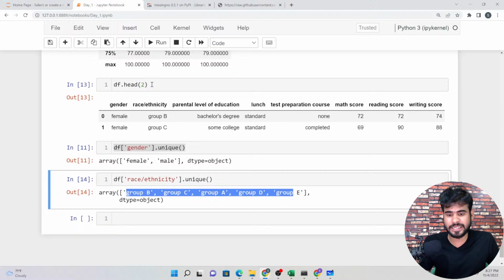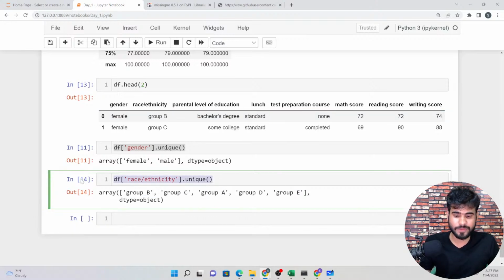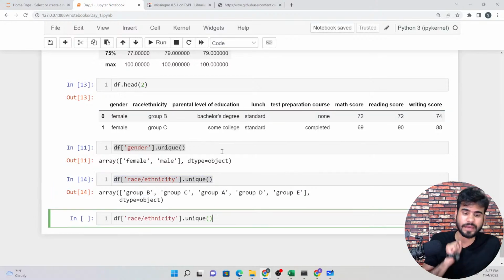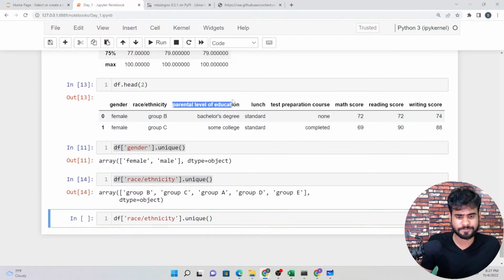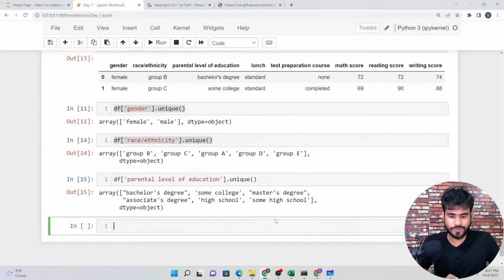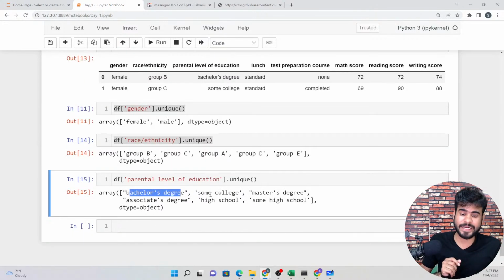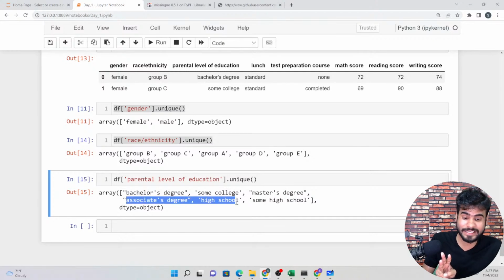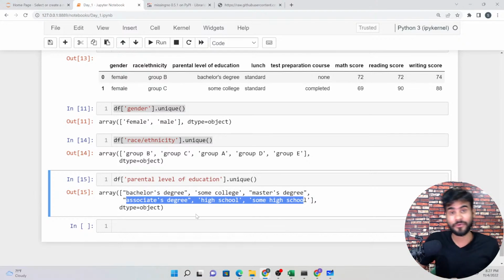Now let me check the parent level of education, because as I told you we have 3 things, but let me check it here. So for unique, we have, as you can see, bachelor's degree, some college, master's. I told you 3 things only, but in our actual data set we have a total of 6 unique values. Why did I tell you in the start that we have 3 things? So that you can observe.